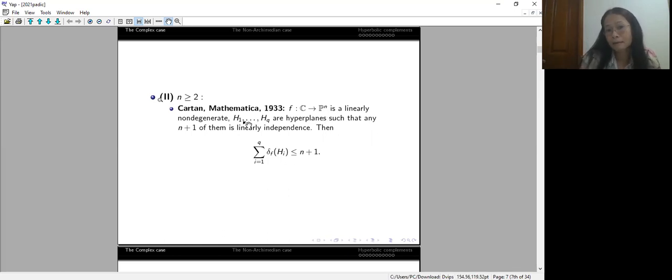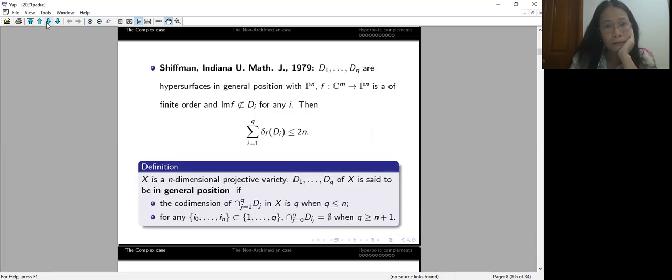And H1 to HQ here are related to complex numbers by hyperplanes such that they are linearly independent. Linearly independent means that when you cut down, the dimension will be reduced 1 by 1 after each cut. So you can see here,